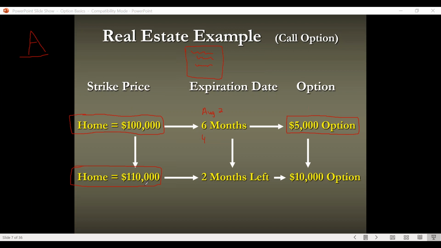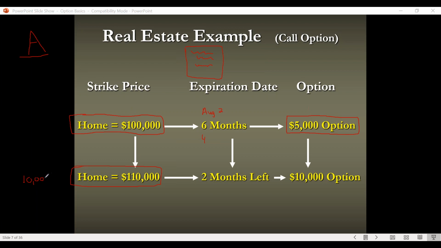Now, again, with all the transaction costs here, that wouldn't be a very good profit for real estate. You want to make a little bit more in a real estate transaction. But again, I'm trying to keep the math and everything real simple, so we're not going to worry about any other fees involved with this. So I flip it for $110,000, sell it to somebody else for $110,000. How much should I make? I made $10,000 selling that house.